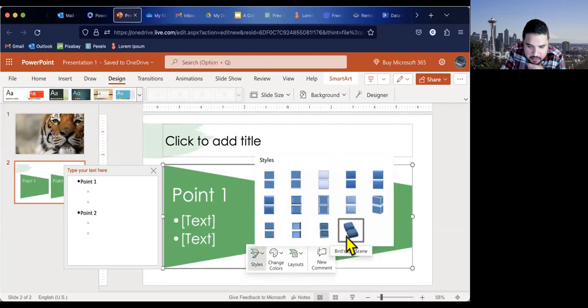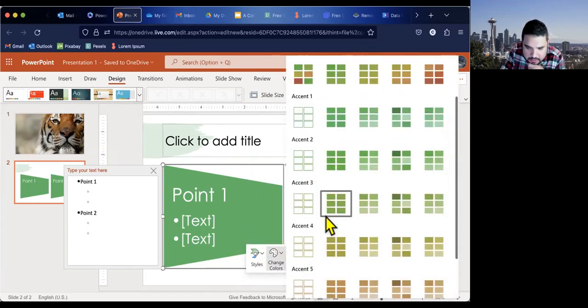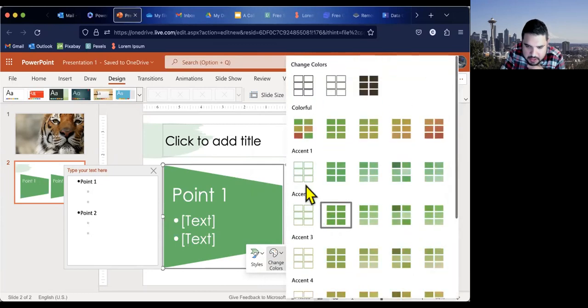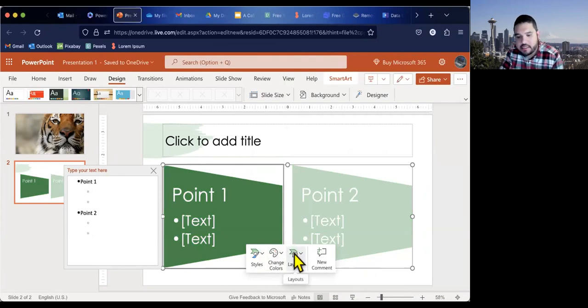So I could choose a 3-dimensional look, or have some shade to it. I could also change the color, and these colors have been predetermined based on the theme I've chosen. So I could just choose something like the green that I already had, or a mix of light greens and dark greens.